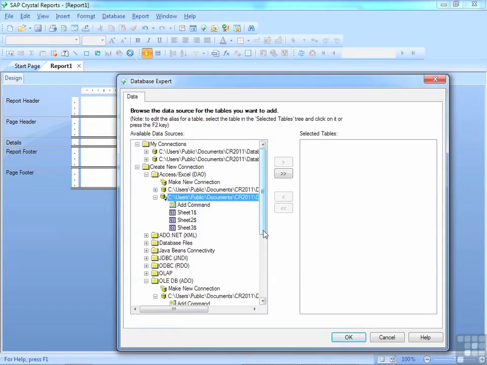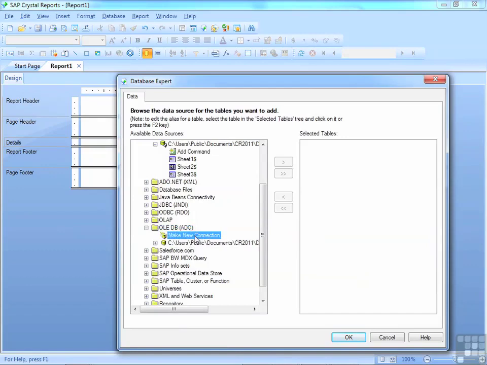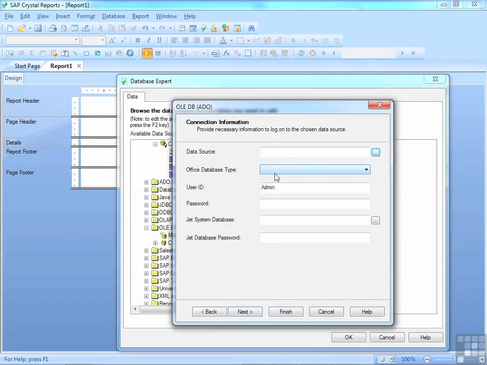We need to come down to OLE DB ADO. So object linking and embedding for databases. Again, we ignore the one that's there. We'll close that and choose Make New Connection. In the list of providers, we need to choose the Office 12 Access Database Engine. Even though we're connecting to Excel, we need to use the Access Database Engine. Next, and then here we tell it that it's actually an Excel file we're looking for, and then we browse